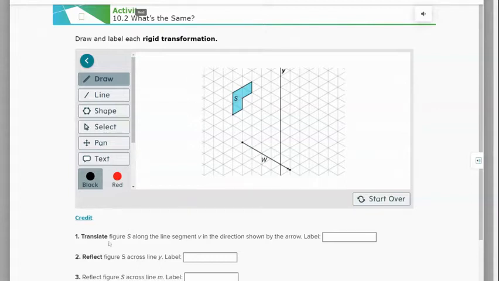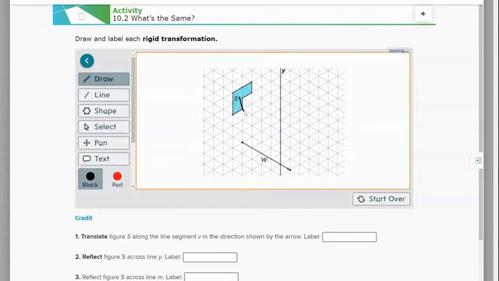All right. Translate the figure S. So we have this object, and I just scribbled all over it. Start over. Okay, so let's see. Translate figure S along the line segment W, because V doesn't exist, in the direction shown by the arrow. Do you see this point right here? It's going to have to move the same direction as the arrow says. So we have to go